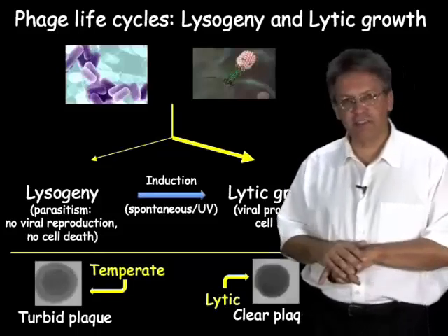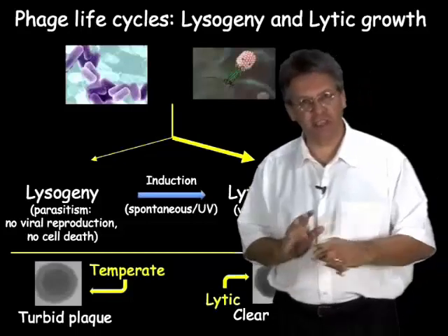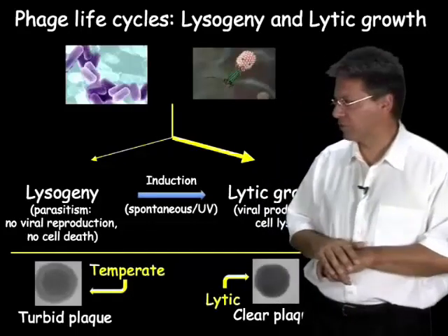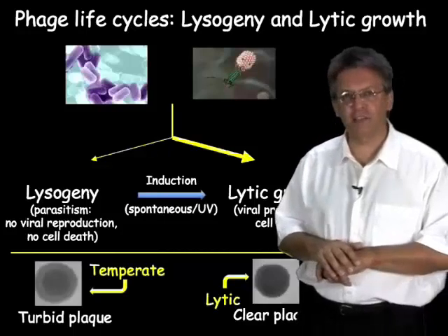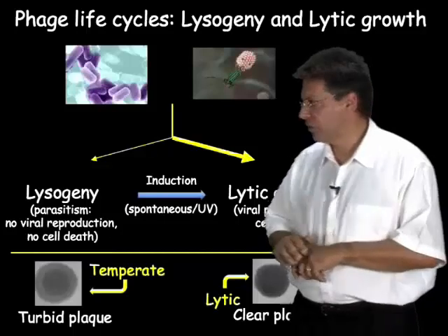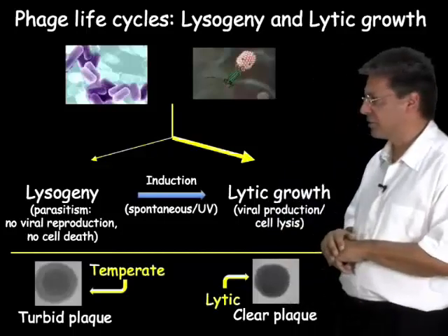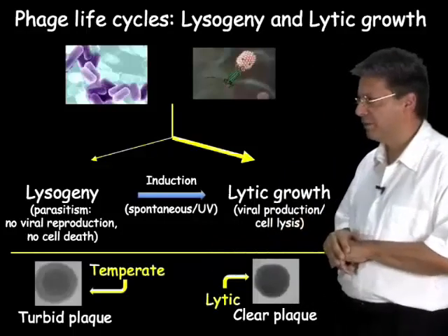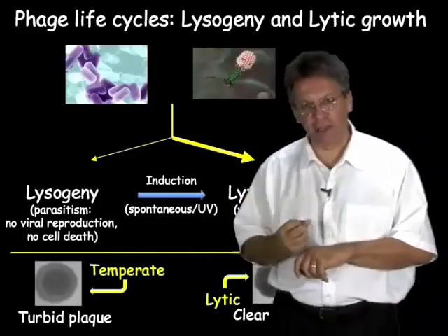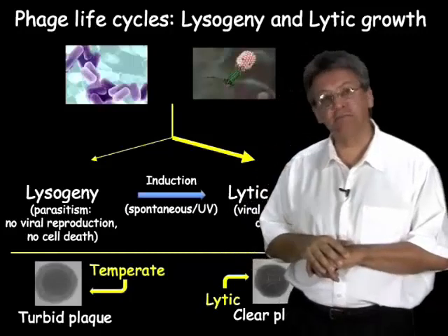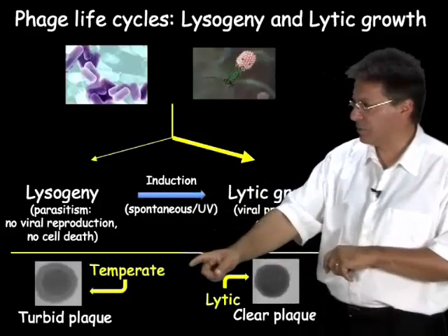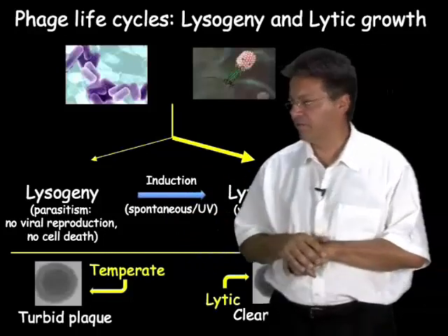There's a relatively easy way to distinguish between phages that are temperate and those that are lytic and can only undergo the lytic growth cycle by the types of plaques that you see on agar plates. Lytic phages form simply just clear plaques, as shown in the bottom right-hand corner here, where all of the cells within that infected area have been killed by phage infection. Over on the left at the bottom here, you can see what temperate phages look like.